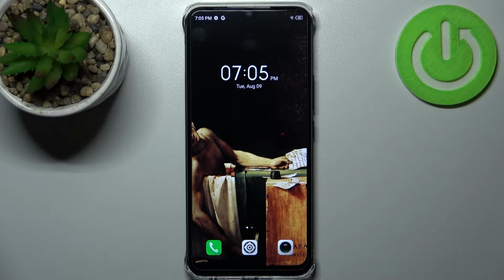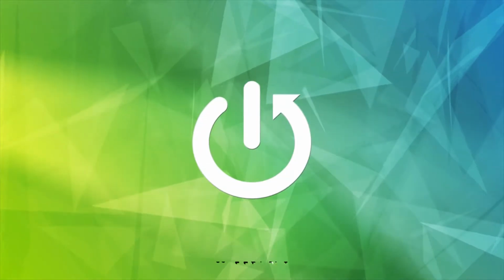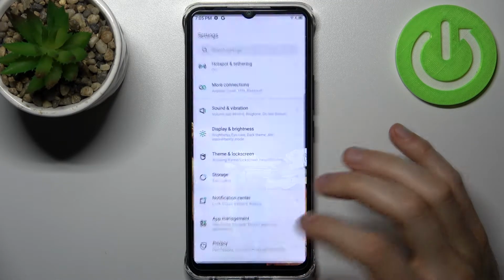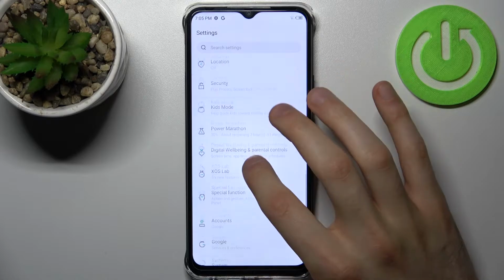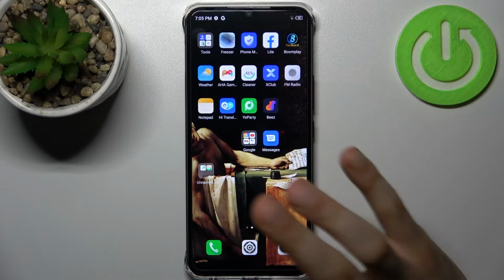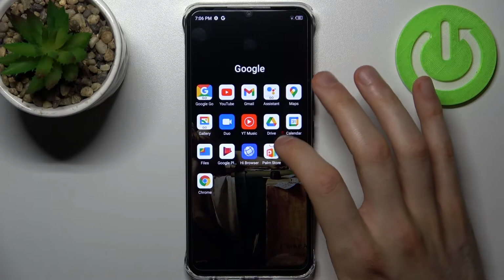Here I have Infinix Smart 6 HD, and today I'm going to show you how to update apps on this device. So firstly, you have to open settings, then go to the... what am I saying? No, settings, don't open it. Go to the Play Store,